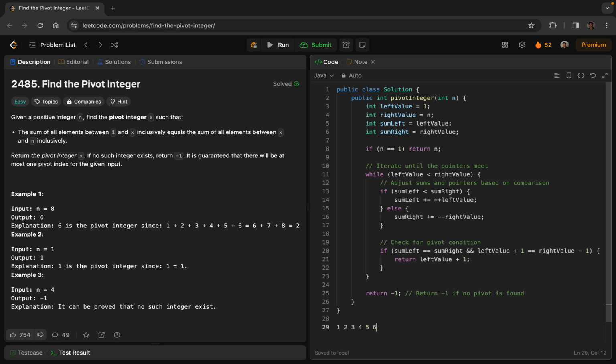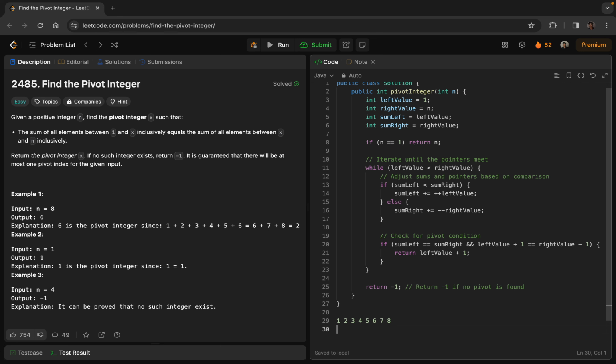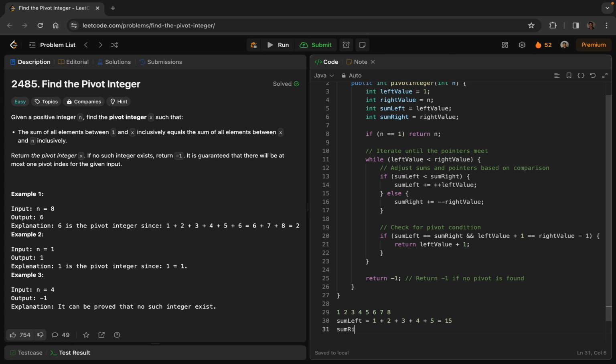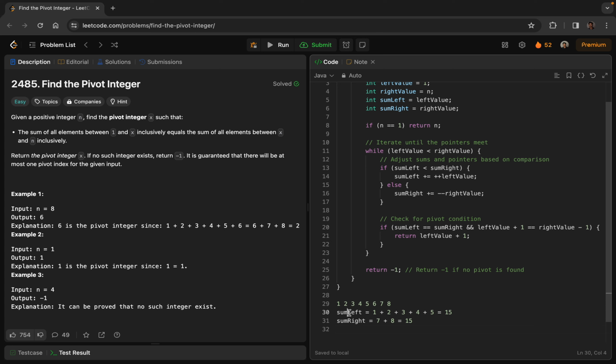1, 2, 3, 4, 5, 6, 7, 8. So sum left will, suppose we are on 6. So sum left will have 1 plus 2 plus 3 plus 4 plus 5, that is equal to 15. And sum right will have 7 plus 8, that is again 15. So we are comparing that sum left is equal to sum right, and also the left